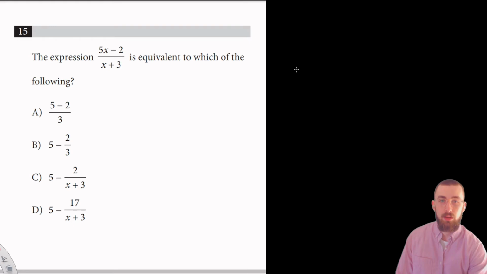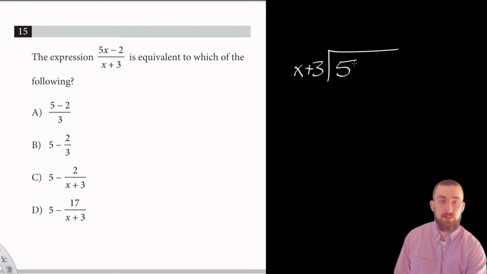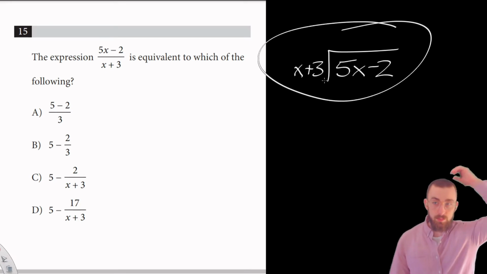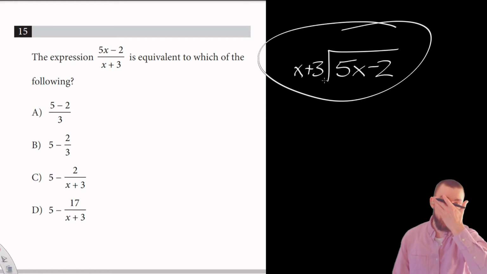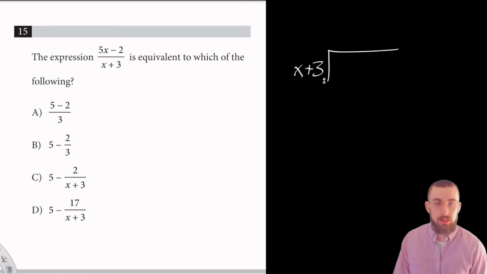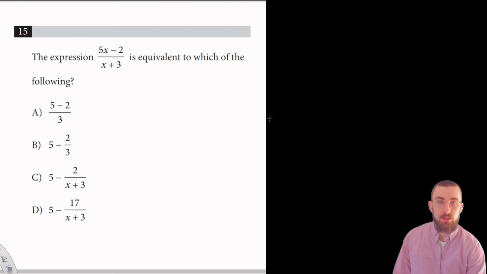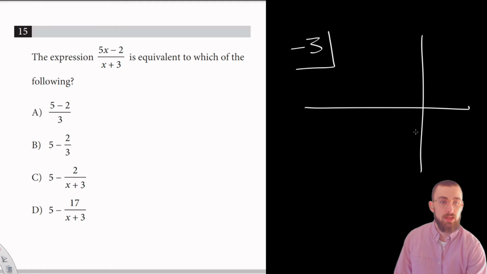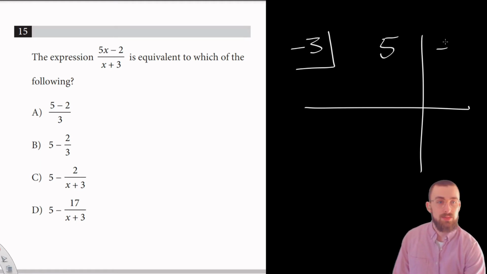I think it'd be x plus 3 into 5x minus 2 is how you'd write that. And you might remember doing this in algebra 2, seeing how many times x plus 3 goes into 5x minus 2. There's a bunch of rules for it. Kind of silly. You can also do synthetic division. If you remember that, you'd put a negative 3 up here, and then you'd do this whole thing. You'd write out 5 and then negative 2. But,